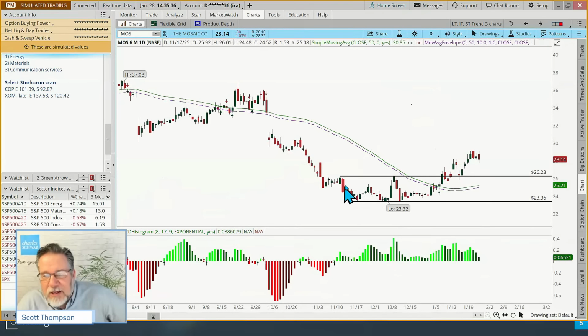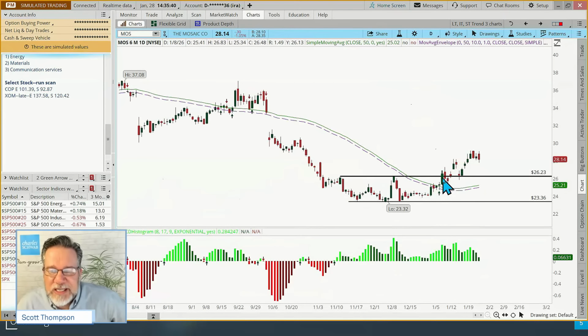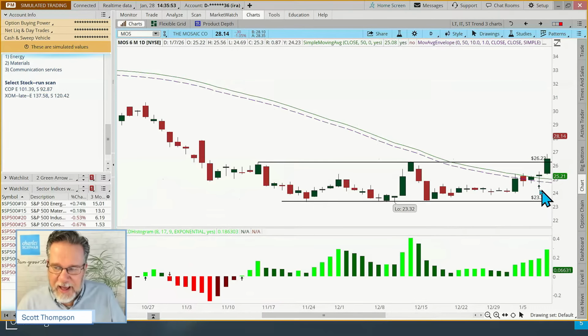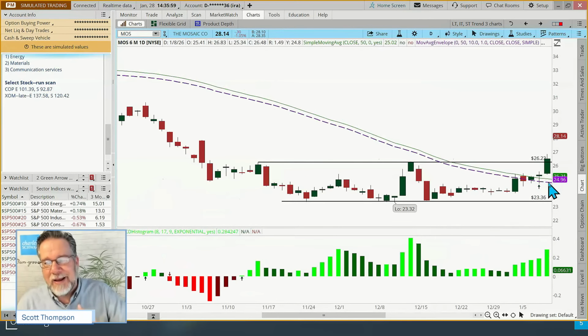Now the trend, you can see the trend was kind of flat here for a little while. It broke the resistance right here. Now, based on our rules, the moving average was still falling right there. You see that still kind of going down. So based on our very simple rules, this would not have been a valid buy signal, even though it had two green arrows. The moving average is not rising. That trend is not technically up yet, right?